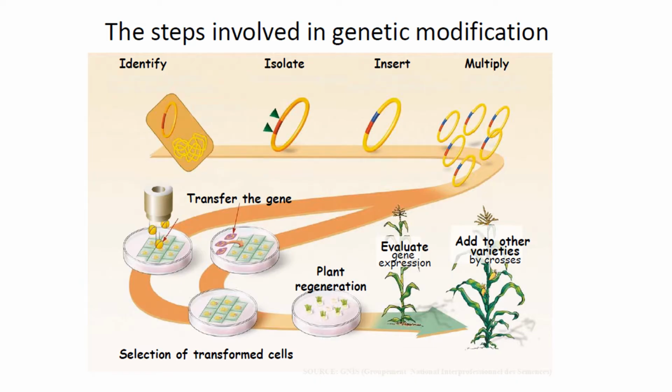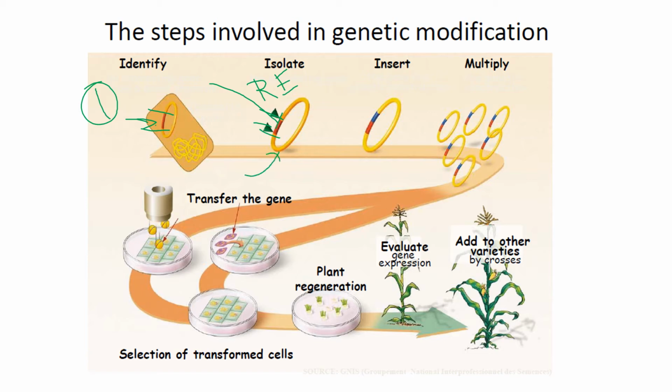Now there are certain steps involved in genetic modification. Which are those steps? So the first step is identification of which gene we wanted to insert. You need to first study which gene you wanted to incorporate. Then once you identify that a particular gene is responsible for a particular trait, for example disease resistance, you will get the sequence of that gene, where it is present in the genome, at what position, and then with the help of restriction enzyme you will isolate that gene, cut that gene from the main genome.